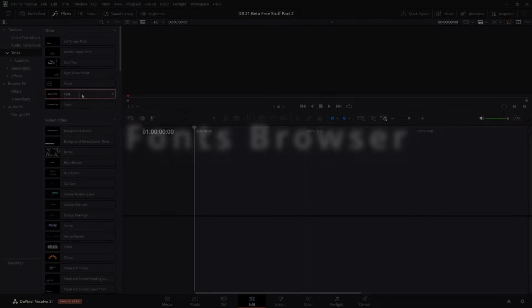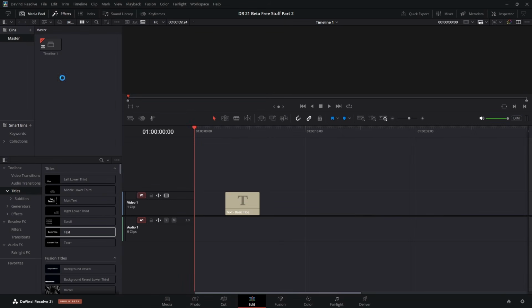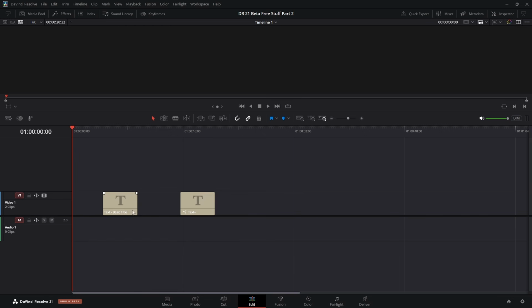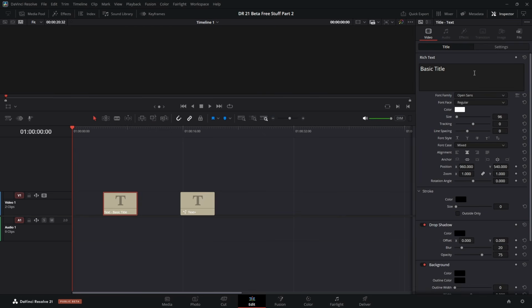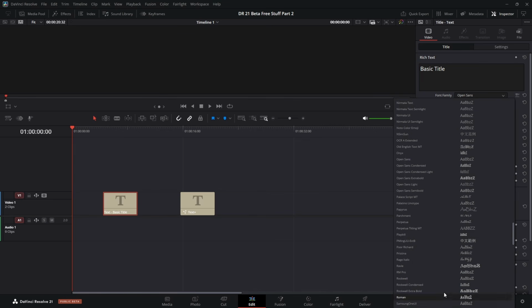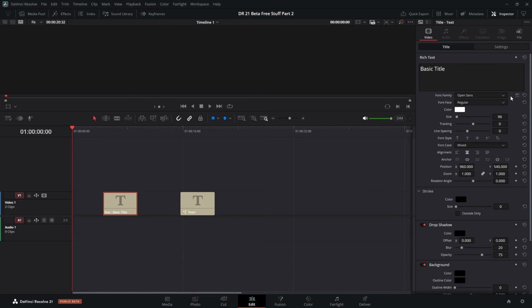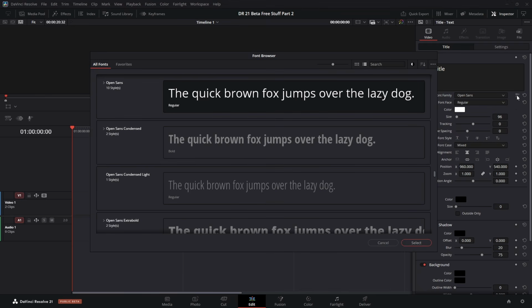So if I drag a text box and a text plus box onto our timeline, we'll close off the effects and then we'll highlight the text box and go to Inspector. Now what we can do normally is change the font from here, and you get a little bit of a view of what the font looks like. But we've got a new icon, a new feature in 21 Beta, and if you click on that, it's a font browser. We get this box,